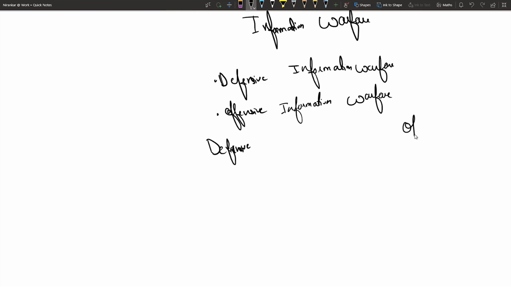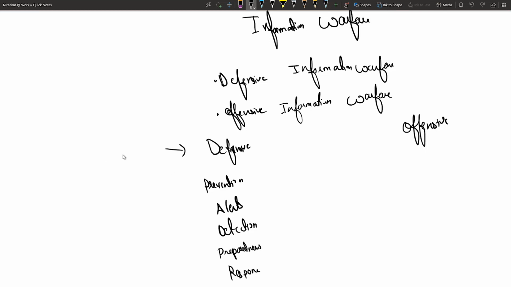If I talk about offensive, it refers to information warfare involving attacks against the ICT assets. So this is the attack on an opponent. Defense is defending and offense is attacking. In the defense we have prevention, alerts, detection, preparedness, like in emergency and response.